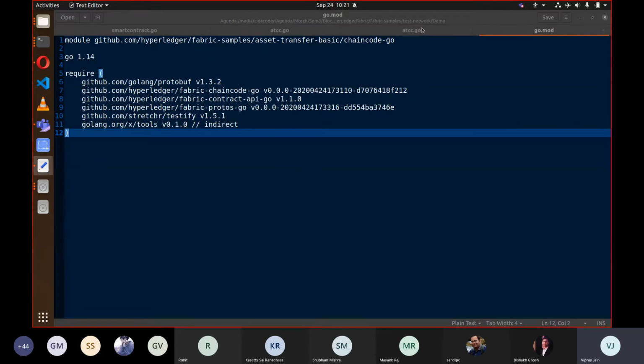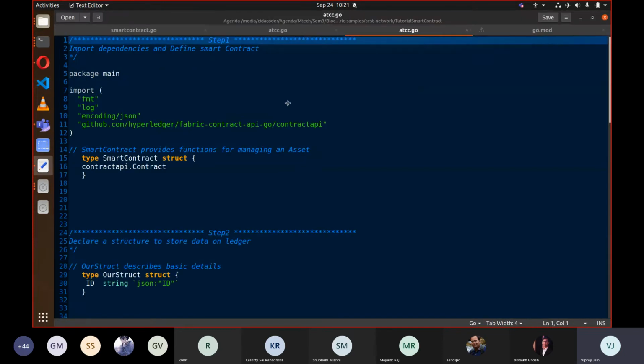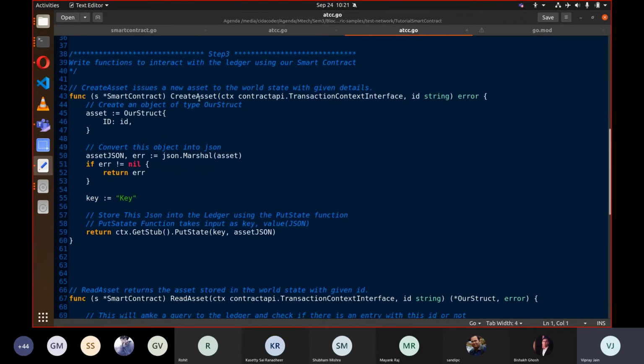After this gets installed on both the peers, we will be using these two functions to interact with our ledger.